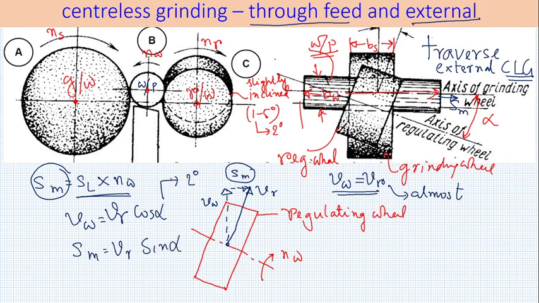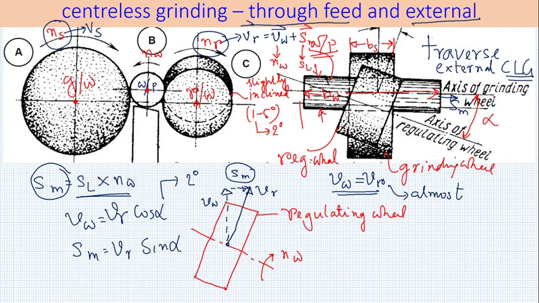So what are the motions? One motion is NS, another motion is NR. NS is giving rise to VS, the grinding speed. NR is giving rise to VR. This VR vector has two components. One is VW, another one is SM. So this VW is giving rise to rotation of the workpiece, and SM is giving